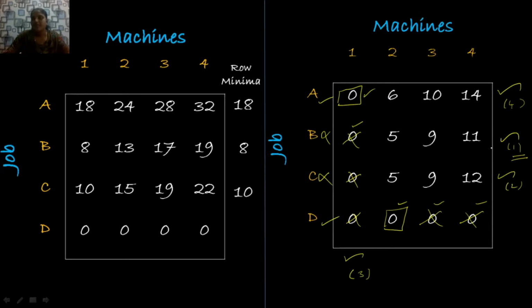So let me start with the second row. Here the row doesn't have any assignment. So mark this row. After marking this row, check whether there is any zero element. If it is so, you mark this column. So the first column has a zero element, so you mark this column. So in this column, check is there any assignment. There is an assignment in the first row, so you mark this corresponding row.